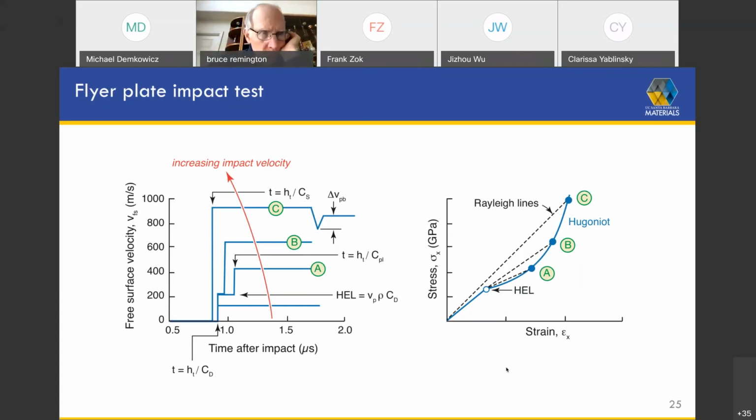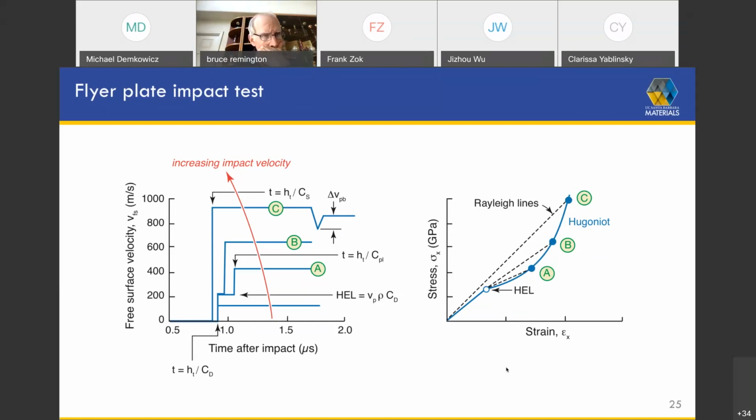Okay? So you have to hit these things really hard, really fast. And of course, you have to have a system where you can measure the back face displacements, or rather the velocities, accurately. Okay? And again, it's one of these things where before you do an experiment, you can do this type of